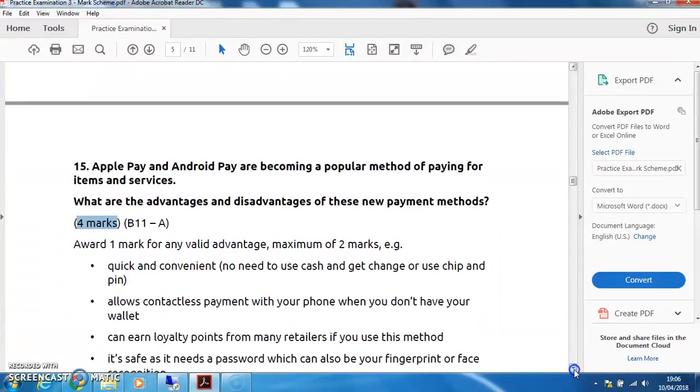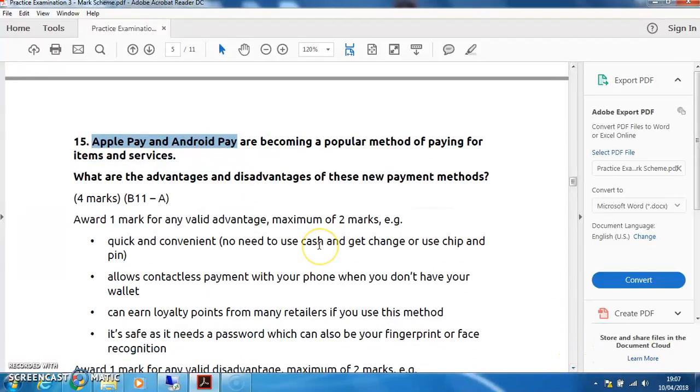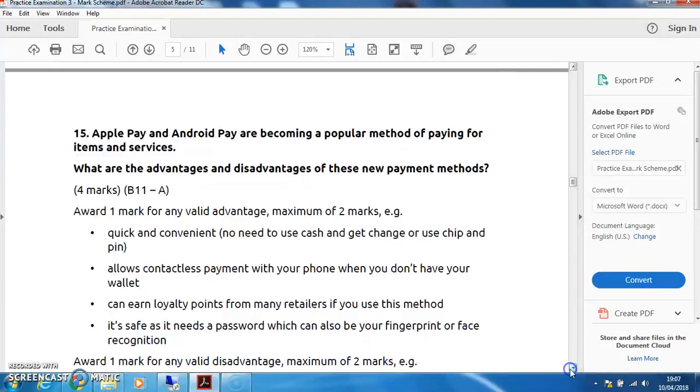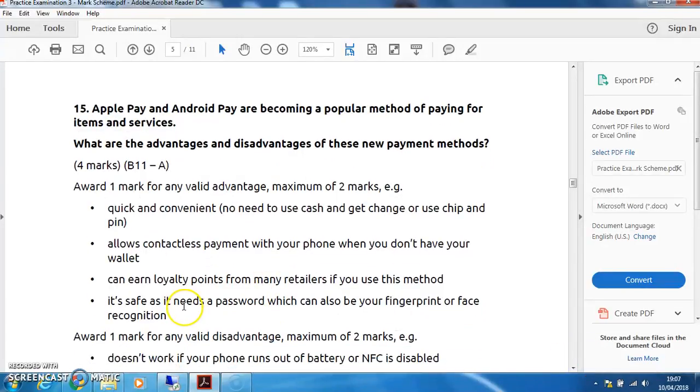So it's quick and convenient. So you can use your phone with contactless payment for Apple Pay and Android Pay. That's basically what it means, contactless payment. Using your phone, quick and convenient. So if you don't have your wallet but you just have your phone with you, you can pay using your phone. You can get loyalty points, safe, so you can use your fingerprint or your face recognition for a password. So any one of those